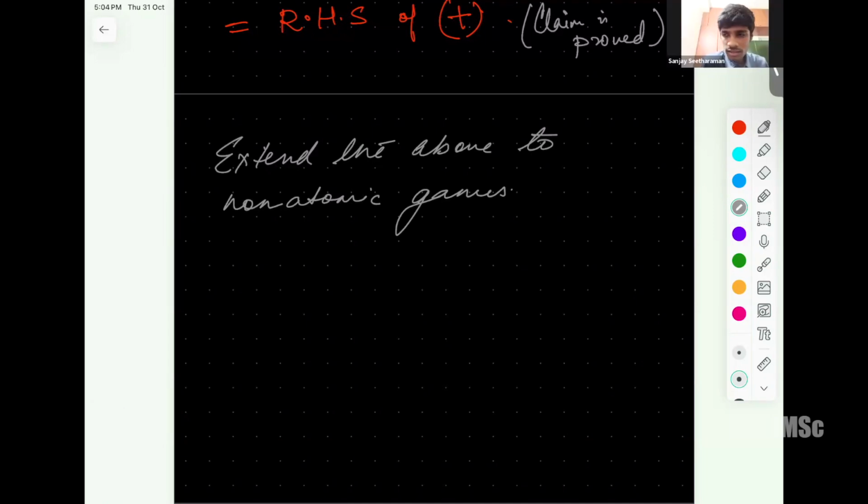When you say extend, what do you want to extend? That there exists a potential function, meaning that even for non-atomic games, you can show that there exists at least one equilibrium. I have told you that one proof technique to show for some games that there exists an equilibrium is to exhibit a potential function and thereby prove that it's a potential game. This is a potential game.